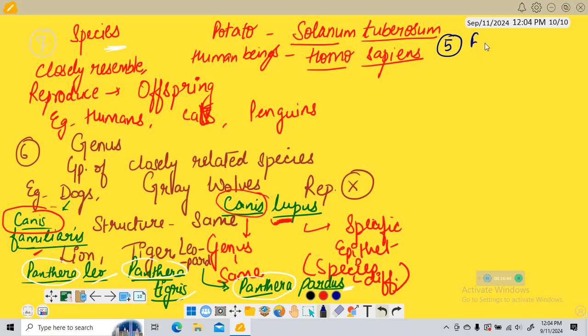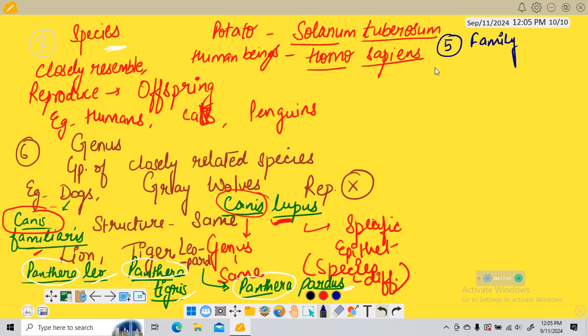Okay, then coming to family. So family, then here more less similarities will be there, like difference will be there. So it has a group of related genera with still less number of similarities as compared to genus and species. So they are characterized on the basis of both vegetative and reproductive features of plant species. I'll talk about plants. If I talk about plants, then there are three different genera: Solanum, Petunia, and Datura. They are placed in family Solanaceae.